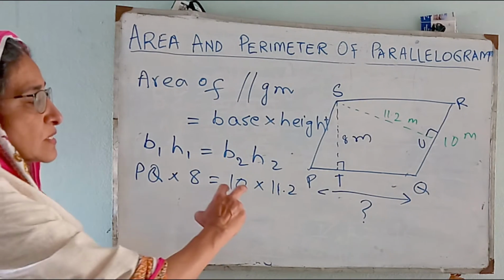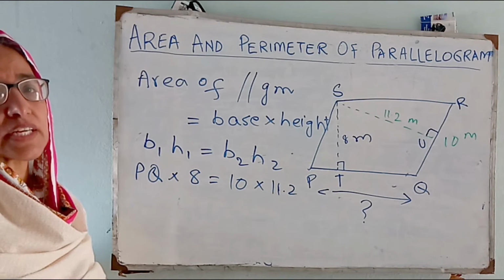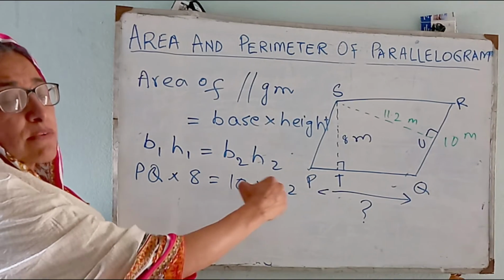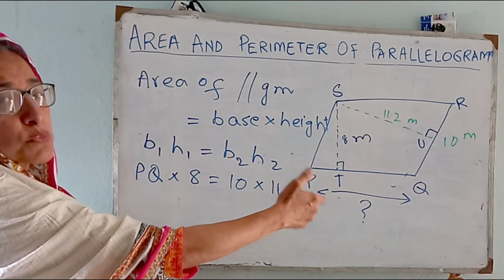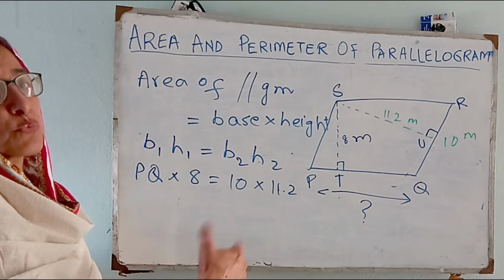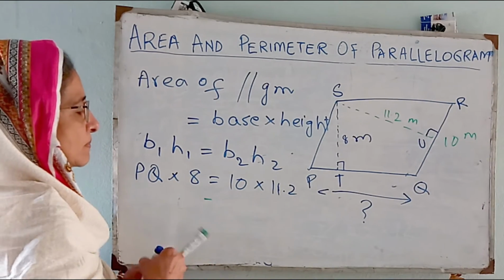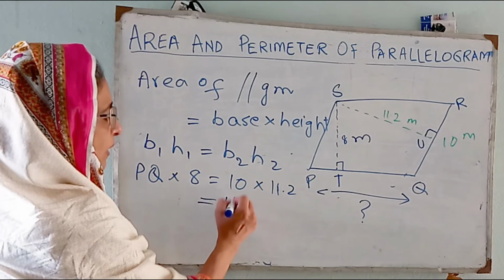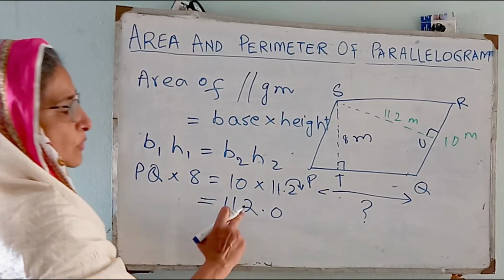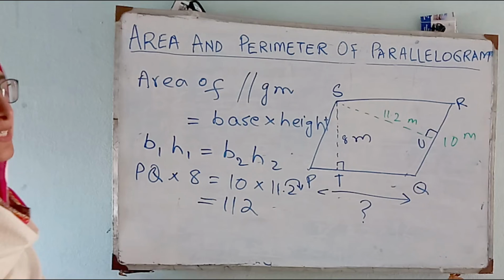Now remember that when we are multiplying by friendly numbers, that is 10, I am multiplying it by 10. Whenever we are multiplying, we shift the decimal towards our right-hand side. 10 has only 1 zero, so I will shift the decimal 1 place towards my right. When I say 1 place, that means 1 number towards my right. So this is going to be 112. I can write 112.0, and if I don't write the .0, still it is fine.